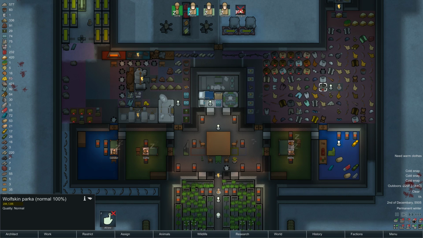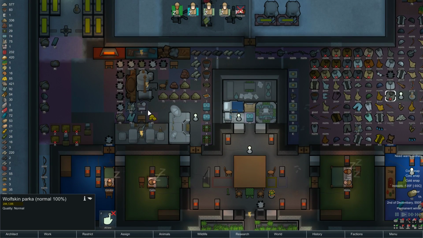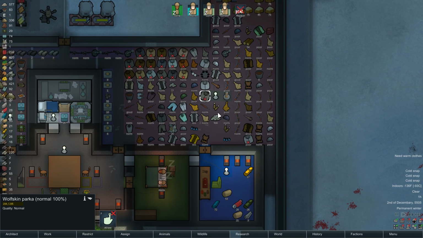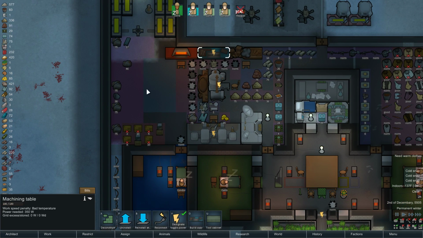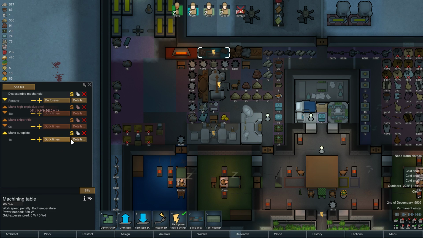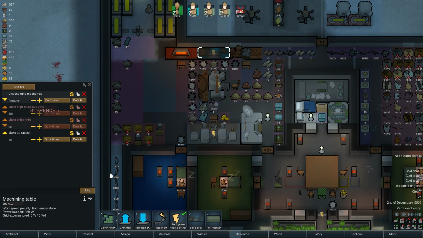Danny Lee came up with an idea for me to train shooting effectively, especially now that I have a shield belt, wherever that shield belt is. There it is. Where one person wears a shield belt and the other one shoots them with an auto pistol. The auto pistol shoots kind of the fastest for its inaccuracy. So what I'm going to do is make an auto pistol, but I'm going to set the crafting skill to 8 or less. And that way,